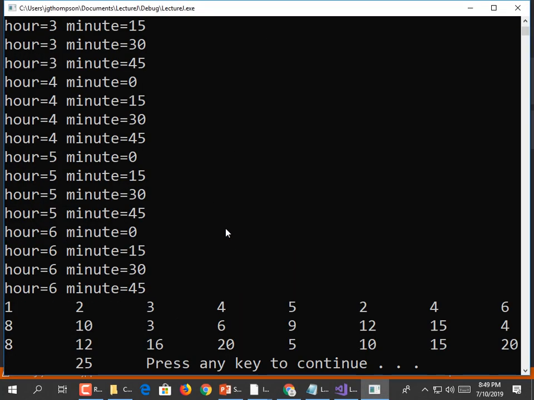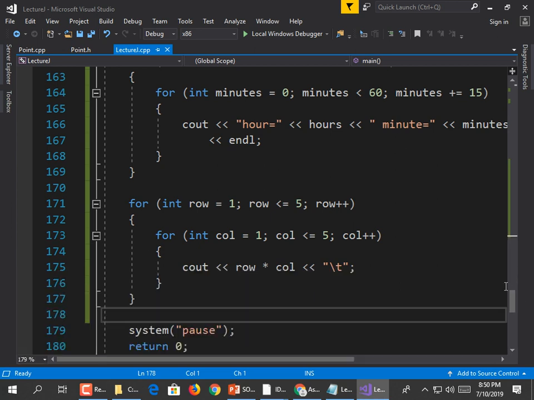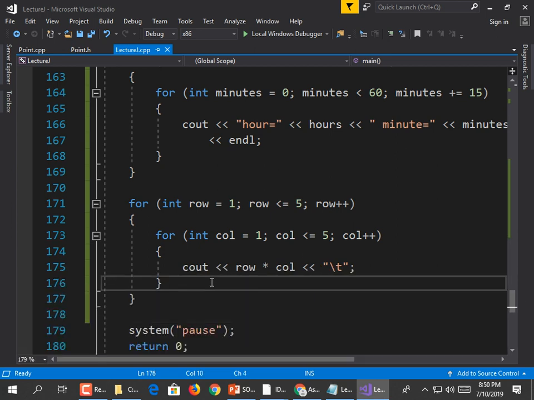Enter -1. All right, what's wrong with my table here? 1, 2, 3, 4, 2, 4, 6, 8, 10, 3, 6. All right. What are we doing wrong? Where should the next row begin? After the 5, right? It ought to print out 1, 2, 3, 4, 5, go to the next row. 2, 4, 6, 8, 10, go to the next row. 3, 6, 9, whatever. So, to get that to happen, I need to add an extra print statement, a print